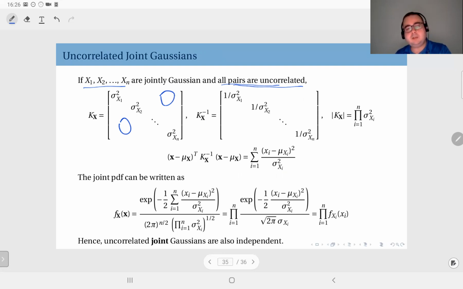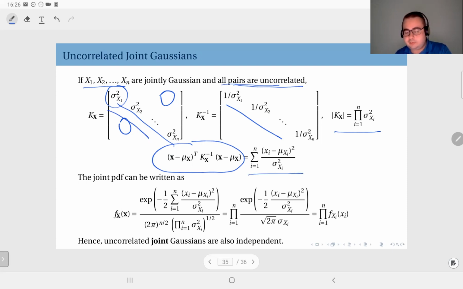When you have a diagonal matrix, it's very easy to invert it and to obtain its determinant. The determinant is clearly the product of the diagonal entries, and the inverse is obtained by taking the reciprocal of the values on the diagonal. If you expand the quadratic expression, you get